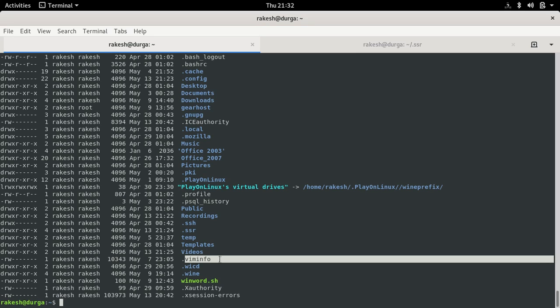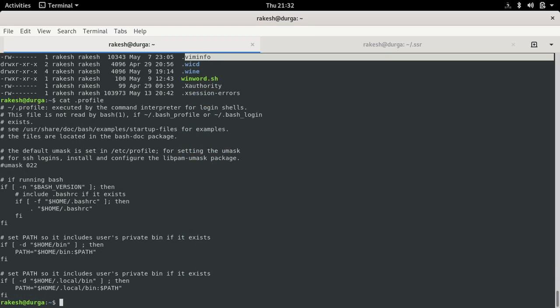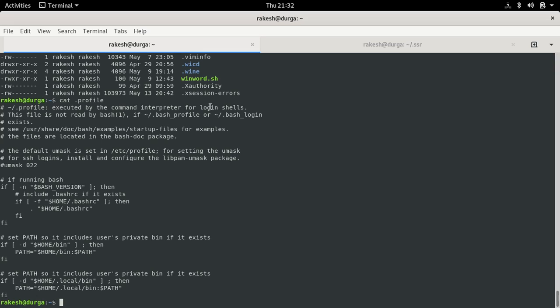So I can check the contents of that .profile file using the cat command. Here you can see it's the common interpreter for login shells,